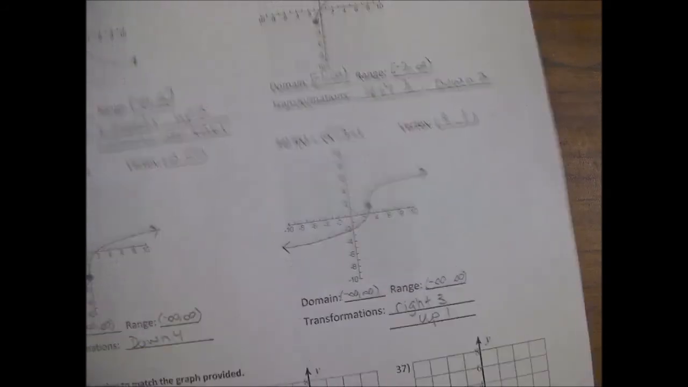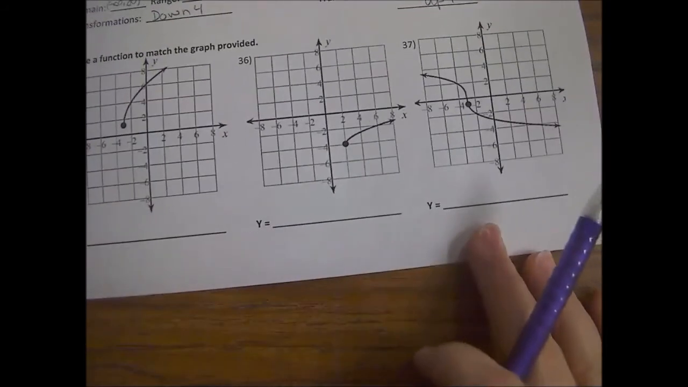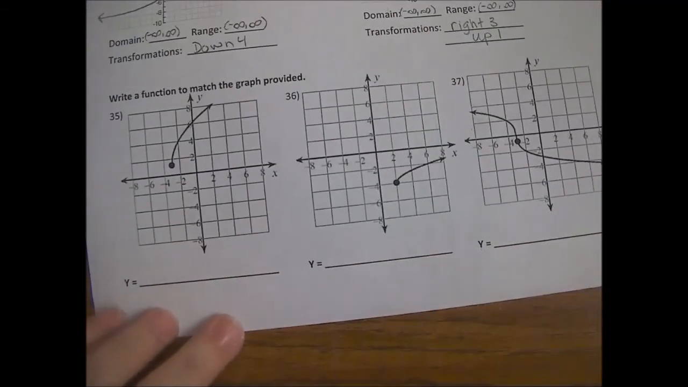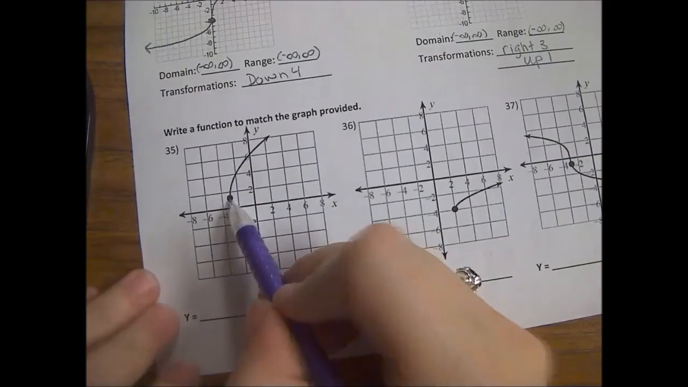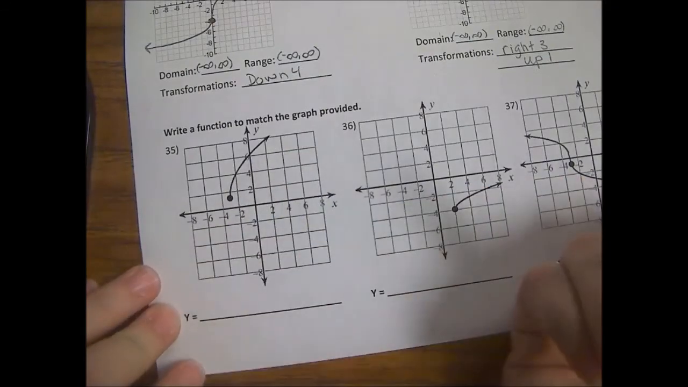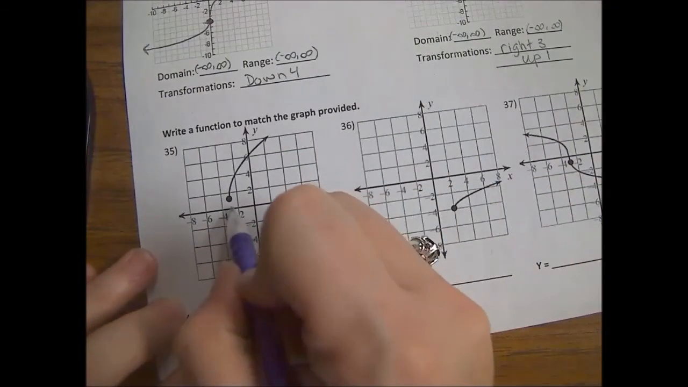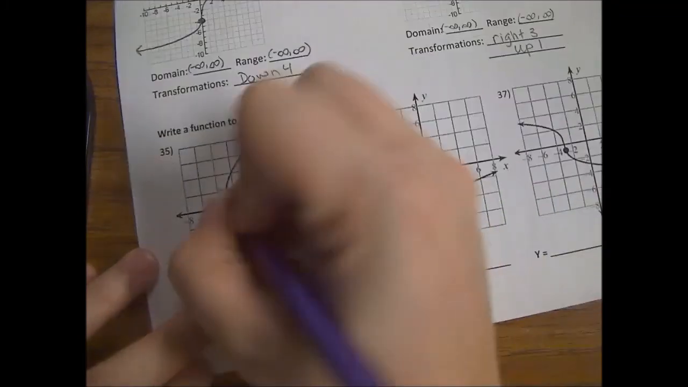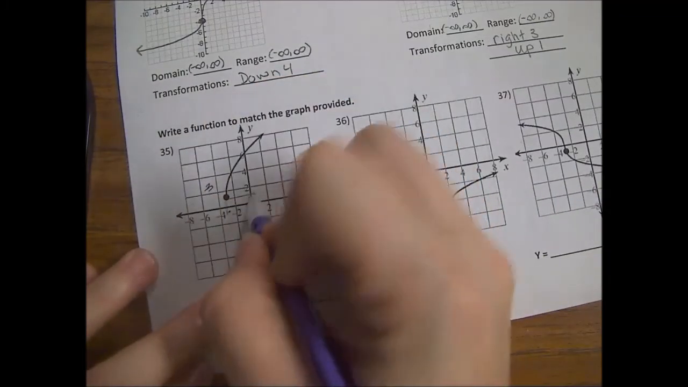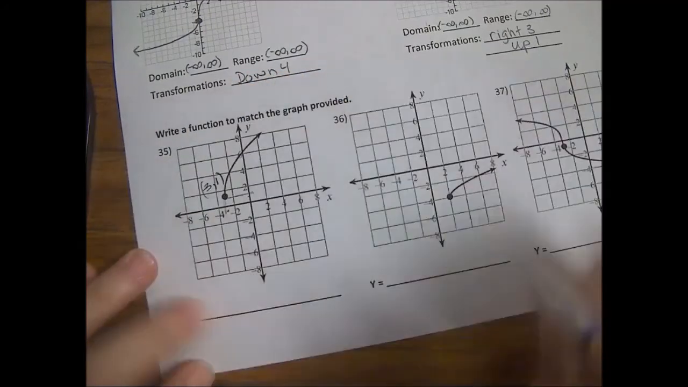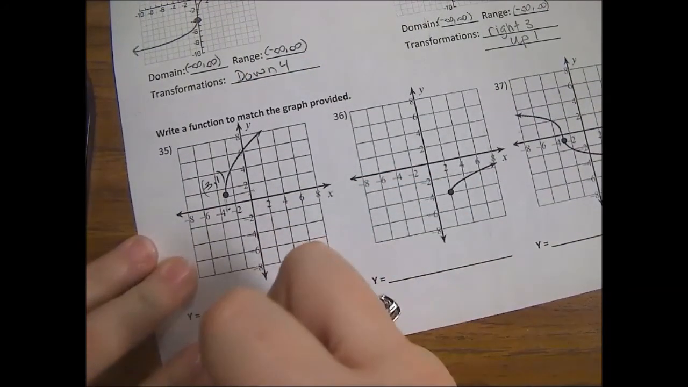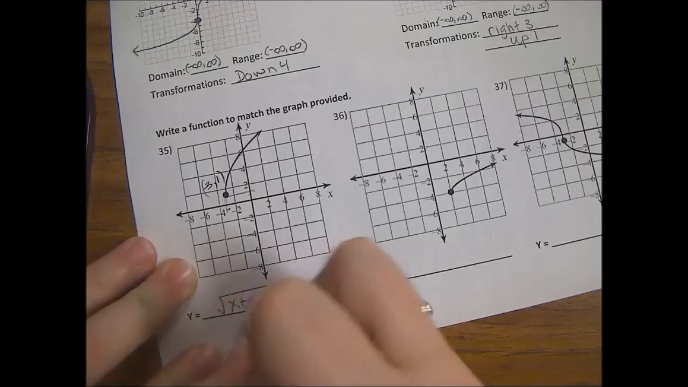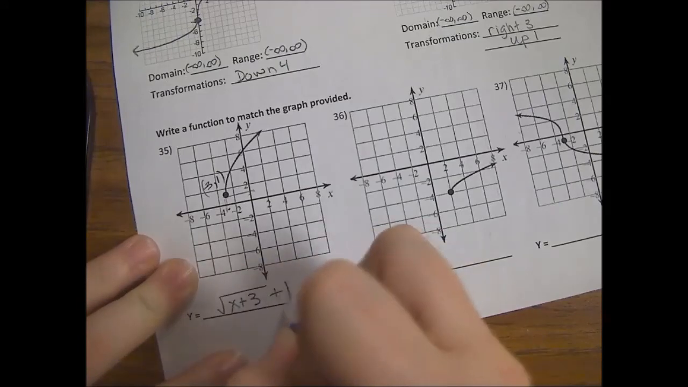All right, almost there, guys. 35 through 37, they are giving you pictures and they want you to make the function. So right here with 35, first off, I notice that it's a square root function. Okay, I'm going to find what my vertex is. My vertex is at a -3 and a +1. So that means under my square root, I'm going to have x +3 and then a +1 on the